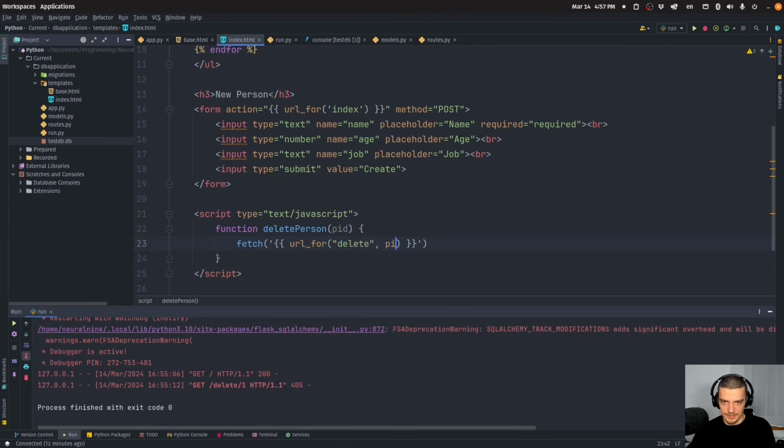We can also say that the pid is equal to pid, because that is a URL parameter. We need to pass it here, and then we're going to say plus pid. And I'm going to say here that the method is going to be